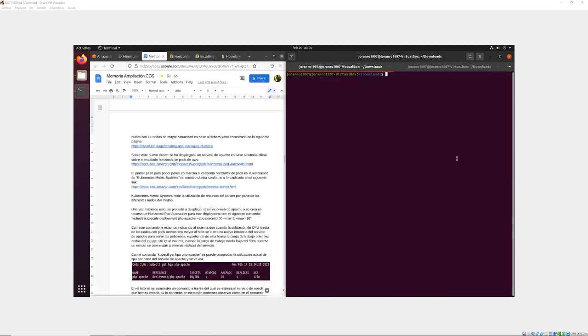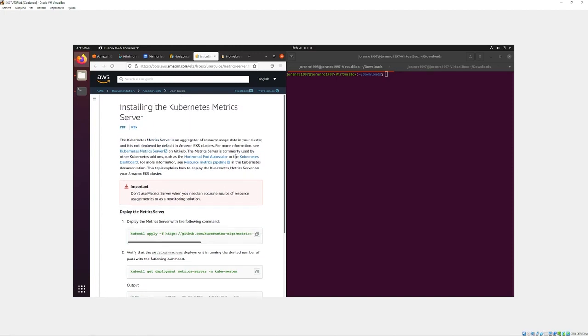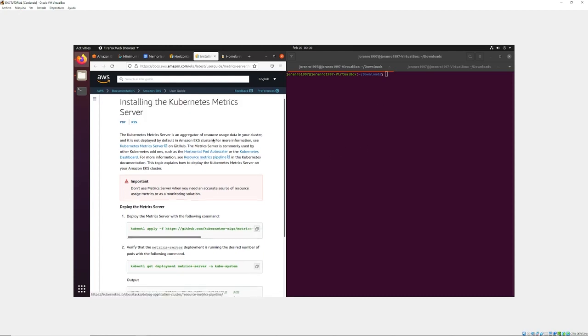Right, so if the previous deployment that we did was all successful, we are going to go ahead and clean that up, delete the service and the deployment that we created, and we are ready to go and move on to testing out horizontal pod autoscaling. So horizontal pod autoscaling will basically increase the amount of pods that we have created into our cluster based on the usage of resources. Now, in order to be able to use horizontal pod autoscaling, we need to